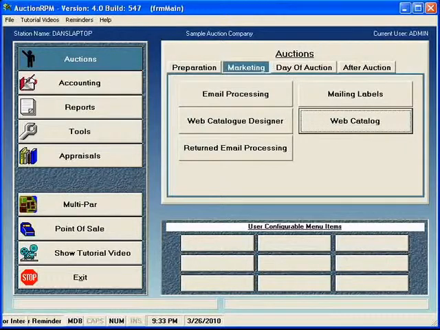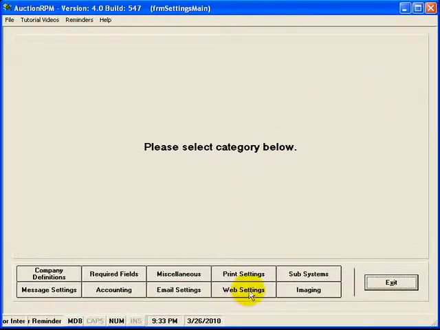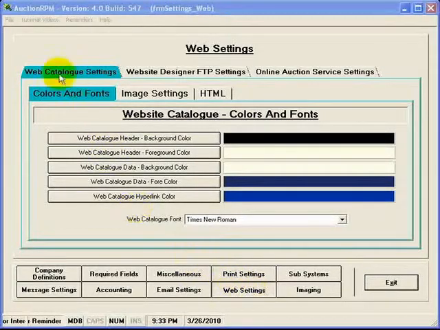Now, beyond the basic catalog that we've created here, there's a lot of features, a lot of additions that we can make to this catalog. Let's take a look at what some of those are. First of all, I'll go to Tools, and I'll go to Settings and Defaults. Then we'll click on Web Settings down here. Under the Web Catalog settings, there's several options here that we can use in order to set how we want